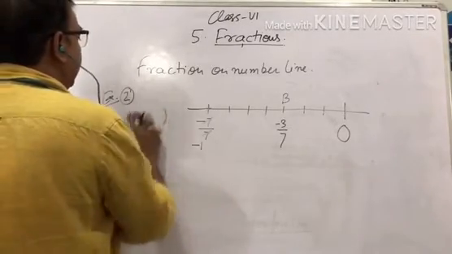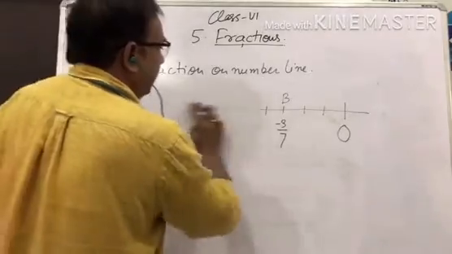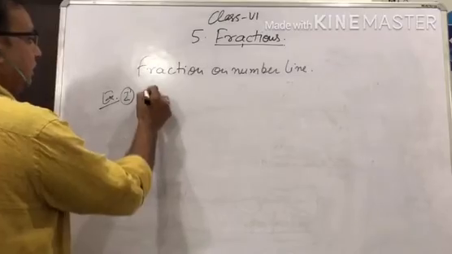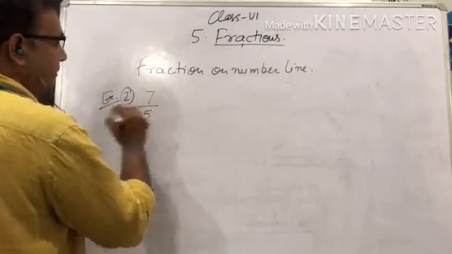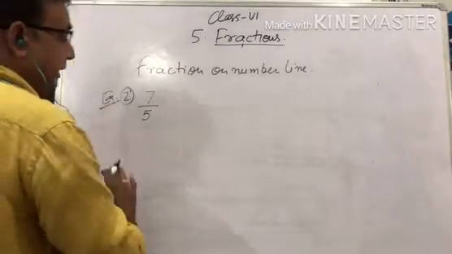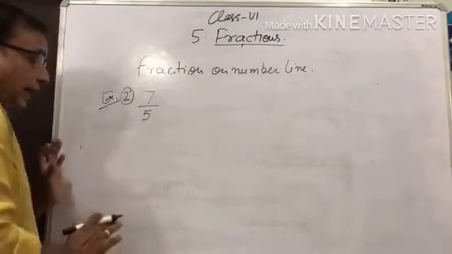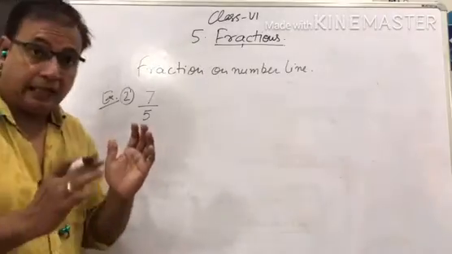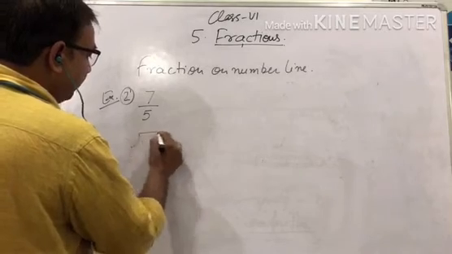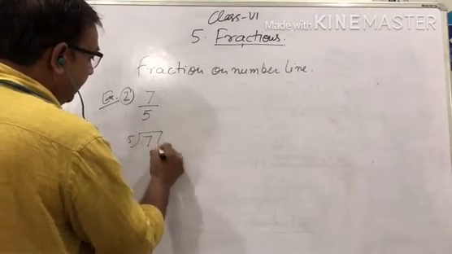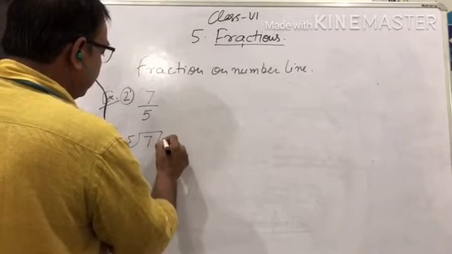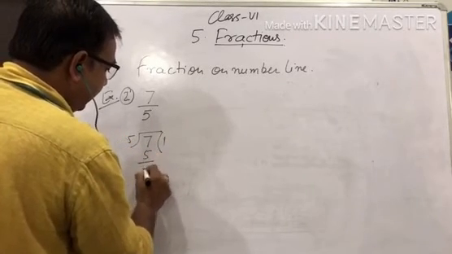Okay, now I take an example of one improper fraction. Suppose 7 upon 5. There are two ways to represent this. I will tell you both ways, and everyone take care about this please, because this is a little different. First we divide 7 by 5. Now first we make a mixed fraction for this. 5 ones are 5 and the remainder is 2.